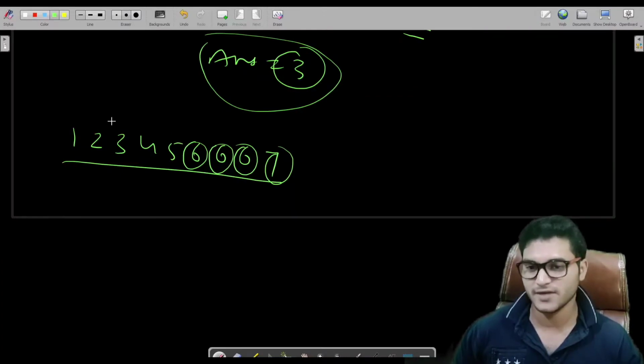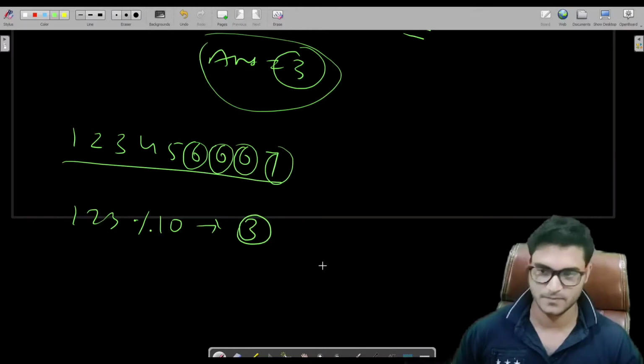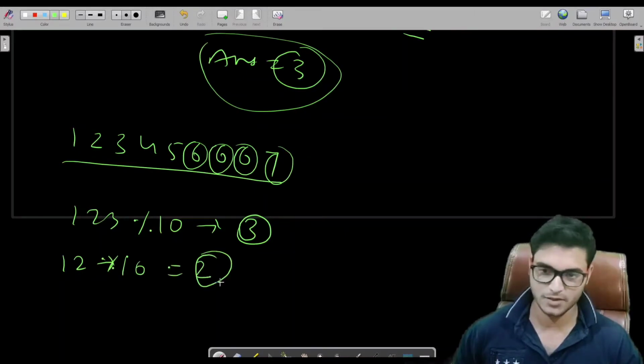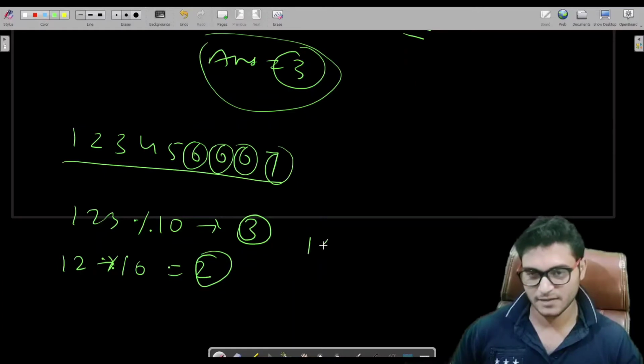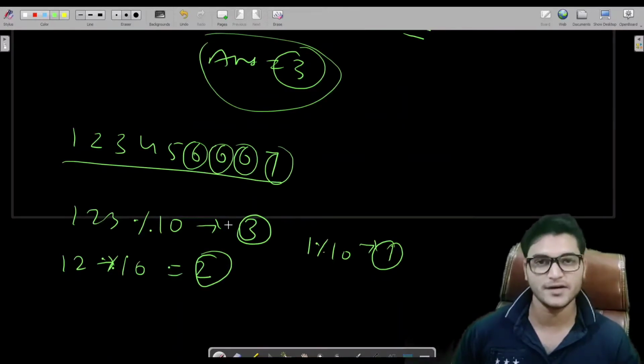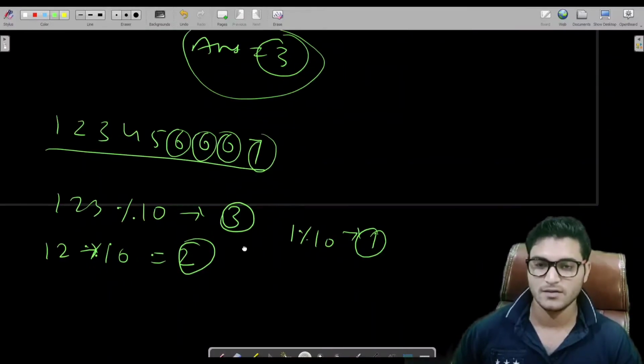So how do we get each digit of any number? We just take the remainder. Let us say we have 123, and if I take the remainder by 10, we get 3. If we take the remainder of 12 with 10, we get 2. And if we take the remainder of 1 with 10, we get 1. That's how, by taking the remainder of any number by 10, you get the last digit.